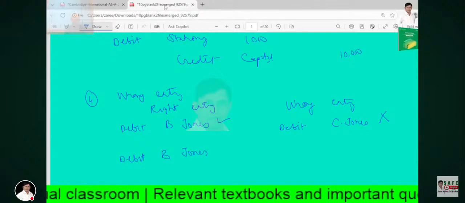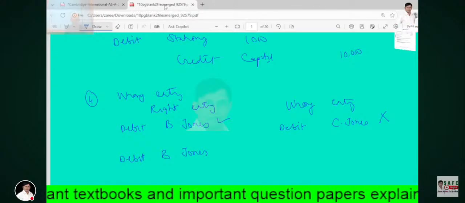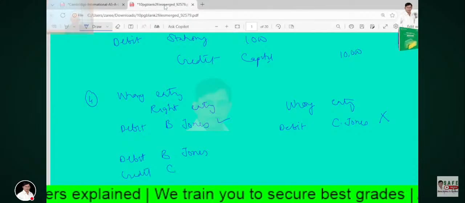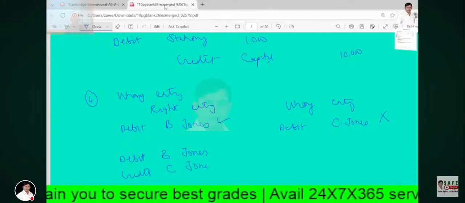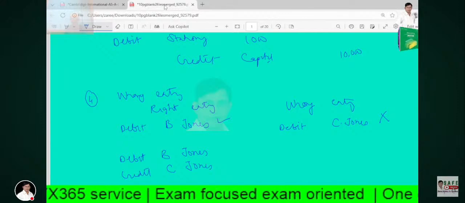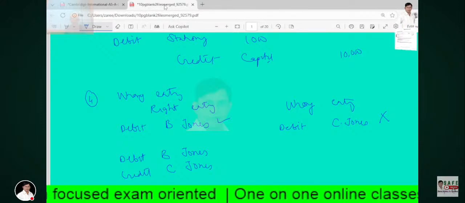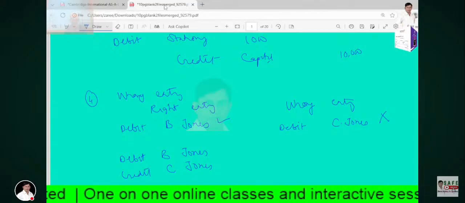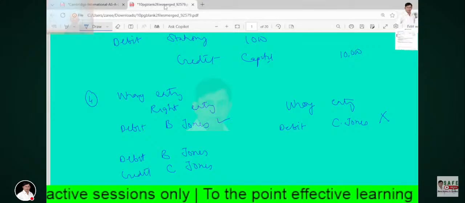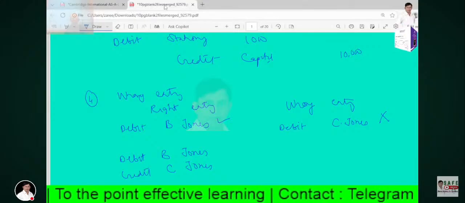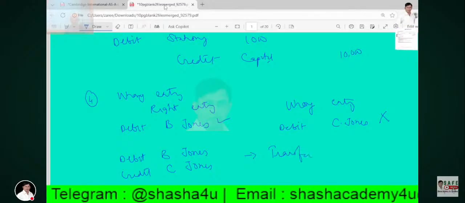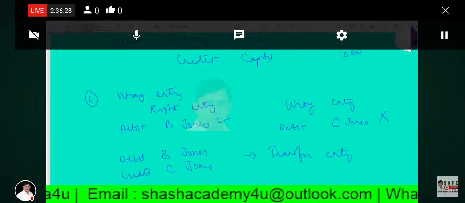To cancel this out, you have to credit C. Jones. When you pass this, the wrong entry will be offset. So this is actually a transfer entry. We are transferring from